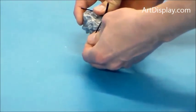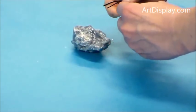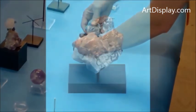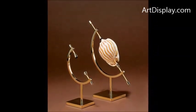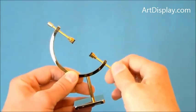You may need to use pliers to get sharper bends for sharper corners, but this is basically used to hold from underneath. After you get it to fit the way you want it, cut it down to the height you want it. Another option are the brass caliper stands, which you will use to clamp an object in there,